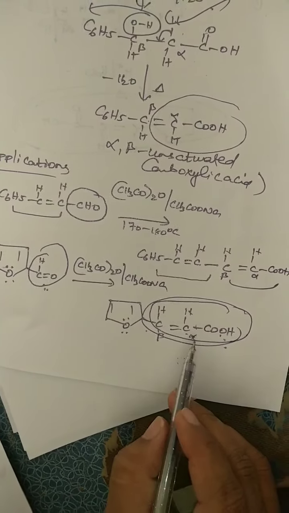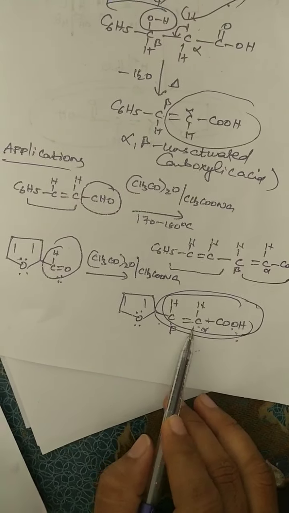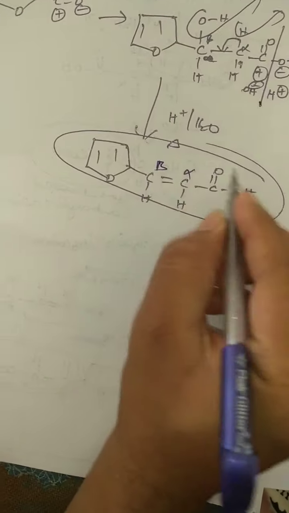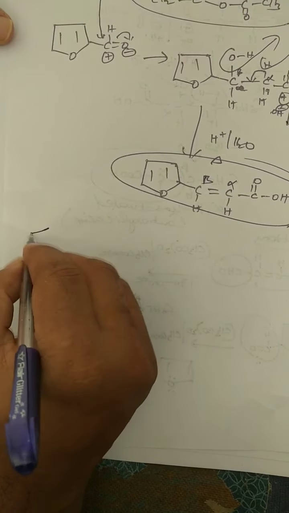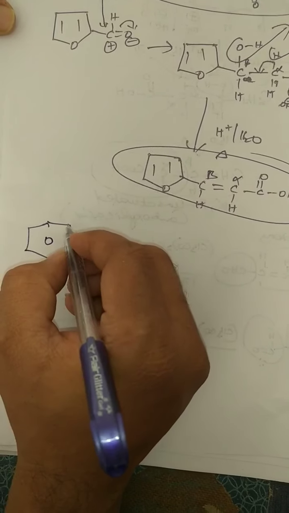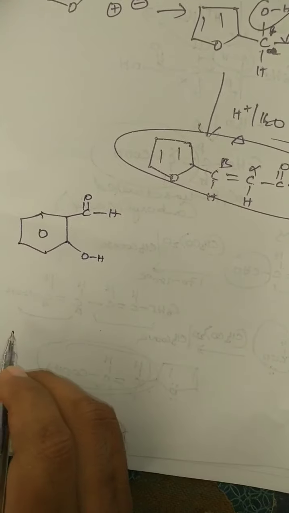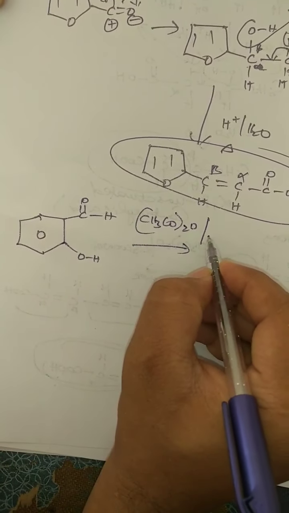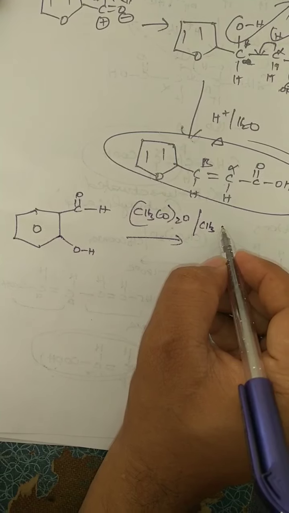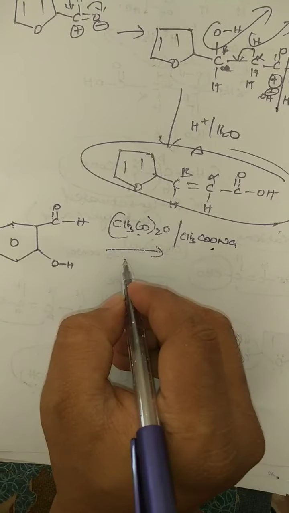Right? Now, you have to replace the aldehyde group by an alpha, beta unsaturated carboxylic acid. This is alpha, beta. This fragment you have to install now. Now, let us take one example. Sometimes for competitive exams they will give it like this. This is a compound given. On the arrow simply they will give (CH3CO)2O followed by sodium acetate. So we have to identify acetic anhydride followed by sodium acetate, 170 to 180 degrees.